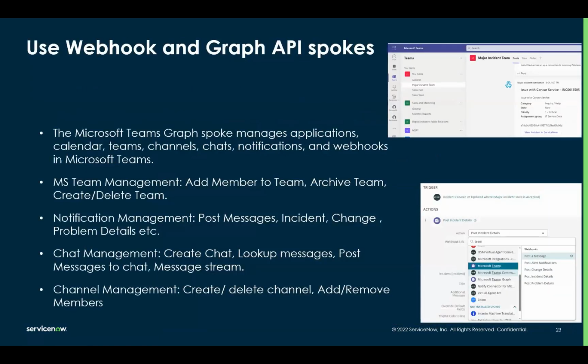There is an option for Webhook. There was a question: what are the different options we can utilize for MS Teams integration? There are a lot of options. You can utilize Graph API spokes as well. I'll show you how you can utilize them. But if you see, we have various different options available. So you can utilize